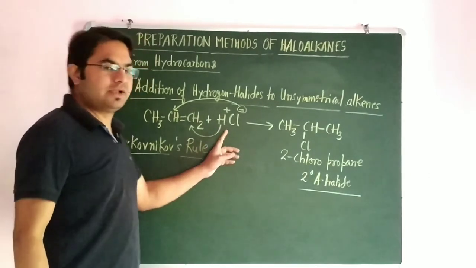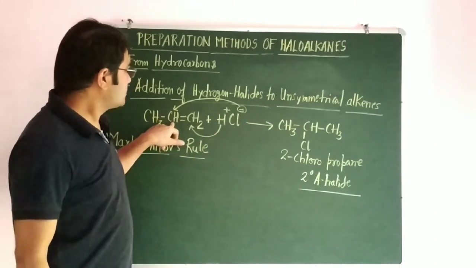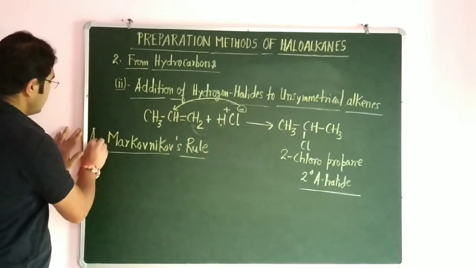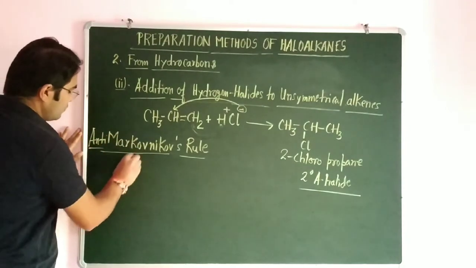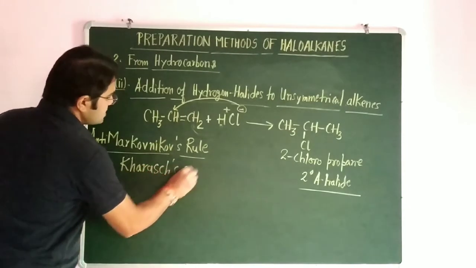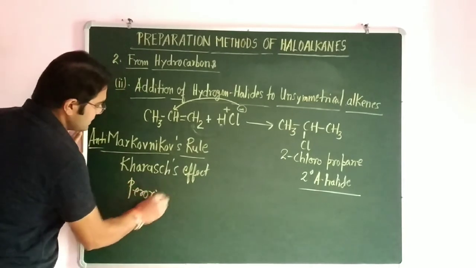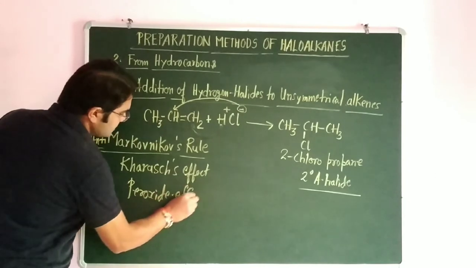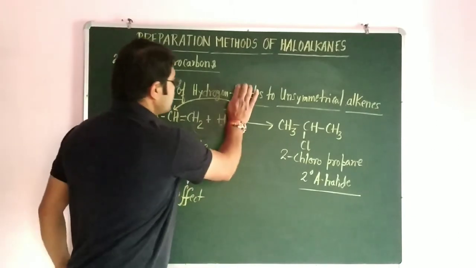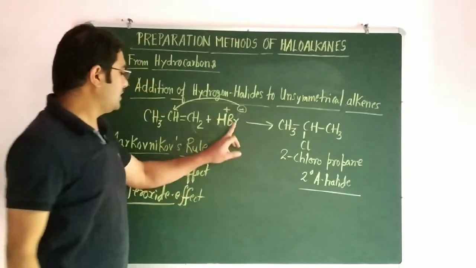And now the next possibility of this reaction, यहाँ तो आपने नेगेटिव पार्ट वहाँ उस कार्बन एटम में जोड़ा जहाँ हाइड्रोजन कम है. सो इसका अपोजिट भी एक रूल आप पढ़ेंगे, दैट इज नोन एज एंटी मार्कोनिकॉफ रूल, which is commonly known as Kharasch effect, or this is also known as peroxide effect, because this reaction is taking place in the presence of peroxide. Organic peroxide इसमें लेते हैं, और आपको ध्यान रखना पड़ेगा instead of using HCl, this is a specific, or we can say the particular reaction, anti-Markovnikov rule.